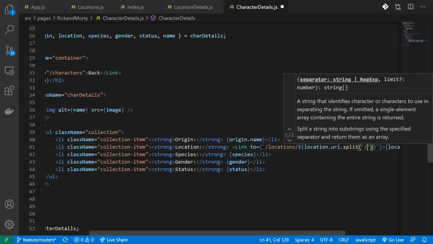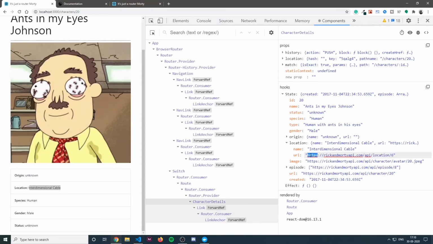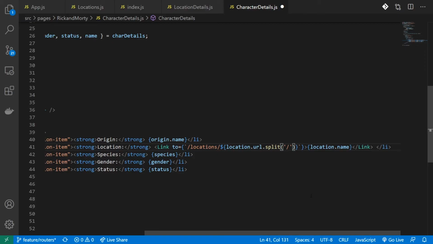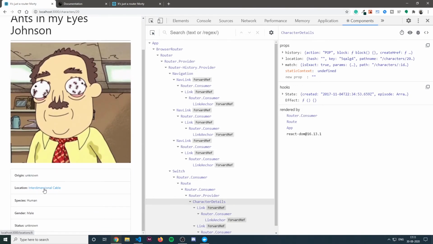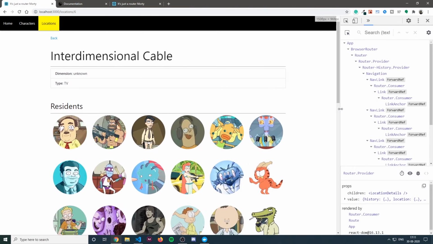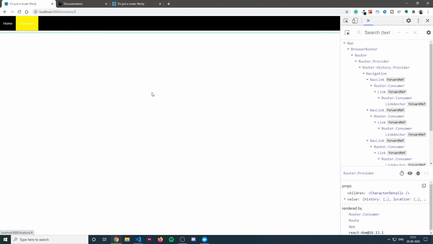This is going to give me an array of all these elements. Now what I want is the last element. To do that, I'll just do a pop, which is going to give me the ID. When I click on location, you can see I'm getting redirected to that location detail. I can go back, I can select location.